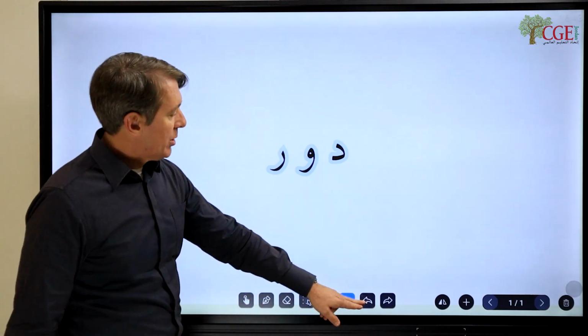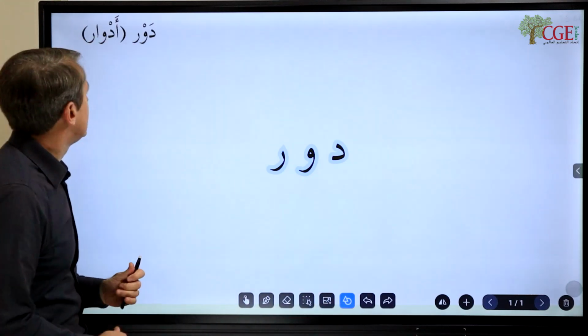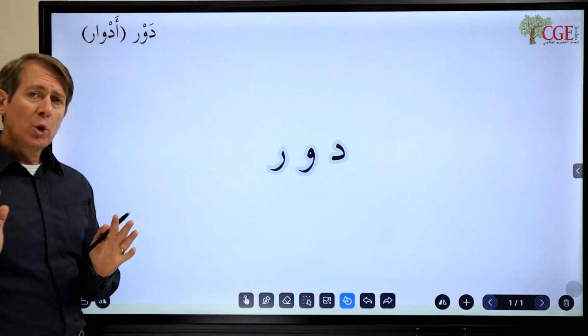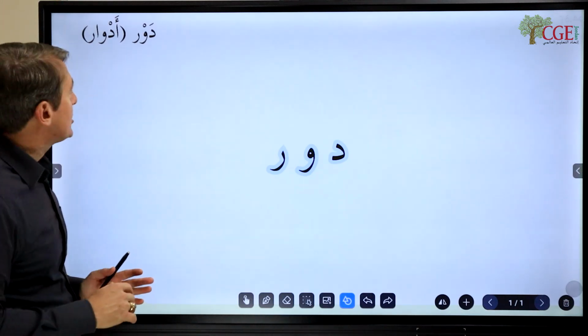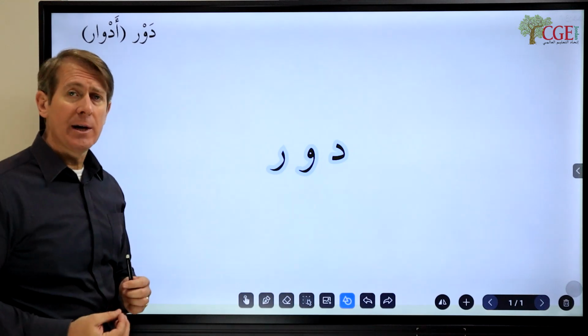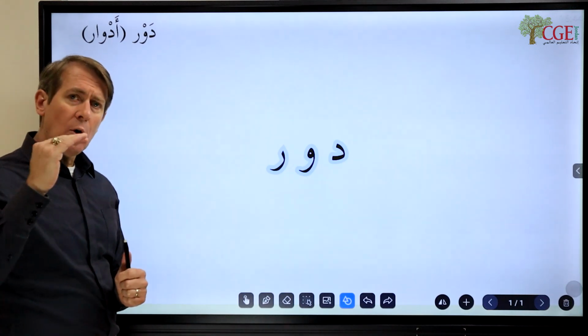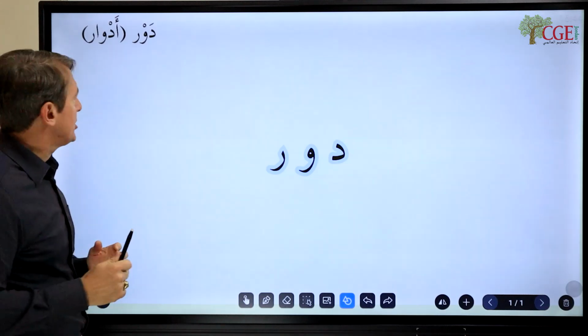Let's look at the first one, and we're going to try to move through these fairly quickly today because there's a lot of them. Now we're looking first for the root essence meaning. Root essence meaning is going to be found in the masdar. Sometimes it's very easy to find. Other times you need to look at all the meanings, and this is one of those times, to make the connection.